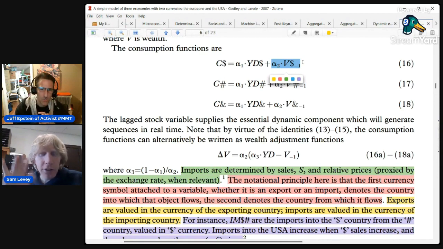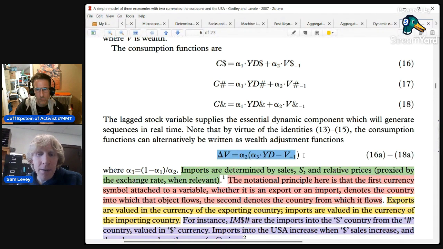Let me jump to the punchline a little bit, because I think maybe that'll help. What this equation is telling you is that the households act as if they have some target level of wealth. Here's how much wealth we'd like to have. It's a target. If we have more than that, then we're going to increase our consumption spending to cause our wealth to fall. And if we have less than the target level of wealth, then we're going to try to cut our consumption spending to increase the wealth.